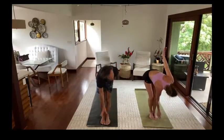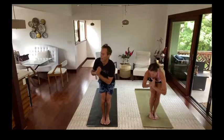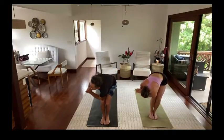Inhale, let's come all the way up. Exhale, hands to heart level. We'll do the same thing on the other side. Bring some attention, some love into our liver. Take a deep inhale. And then exhale, sit down, and right elbow coming across to the edge of the left